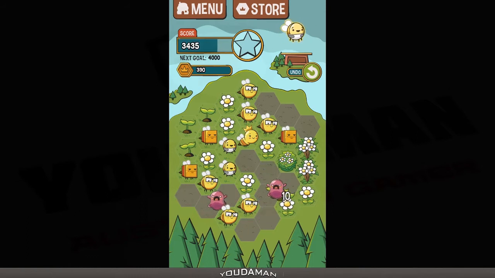And so some of the differences for Triple Town players who might be interested in a similar game with some exciting differences are, in Triple Town, it's a square grid, and